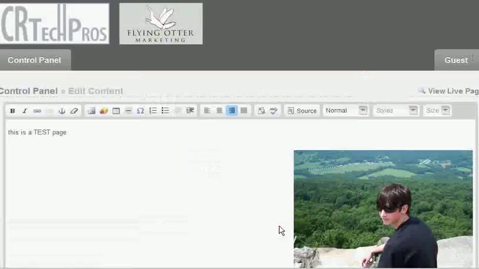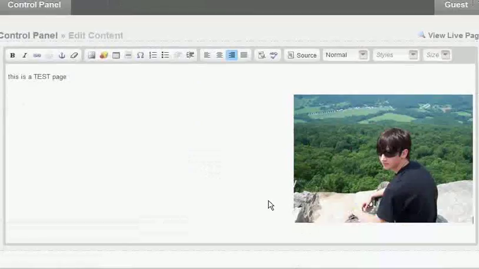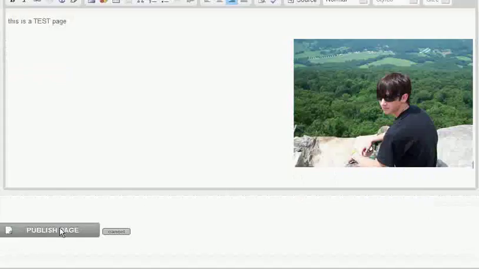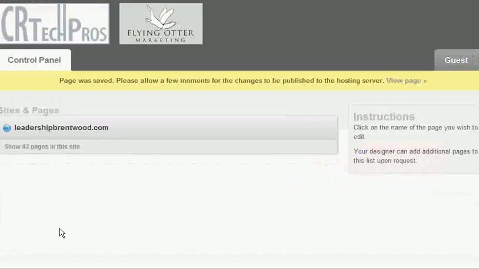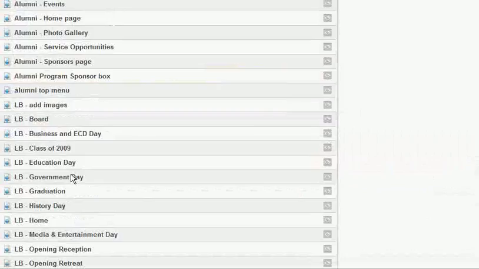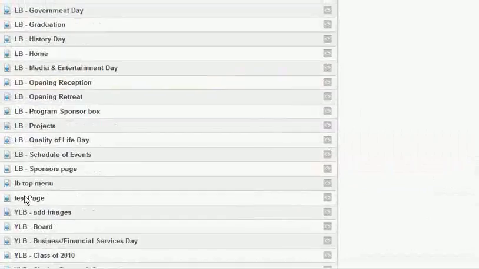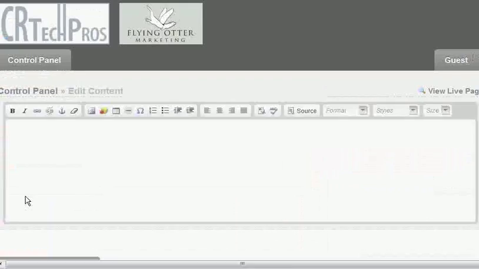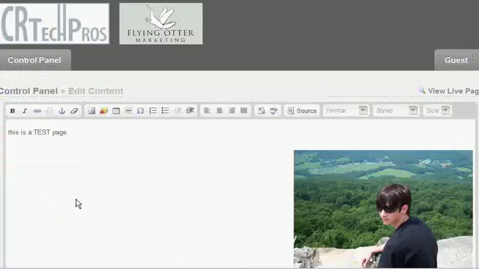Okay, we're going to go ahead and upload that, and as you can see, that picture of Michael is sitting right there on the right side of the page, which is where I wanted it, so I'm going to click Publish. Now that picture has been sent to the server, as has the page that's being told to display the photo. So let's go back and look at our page, and voila,